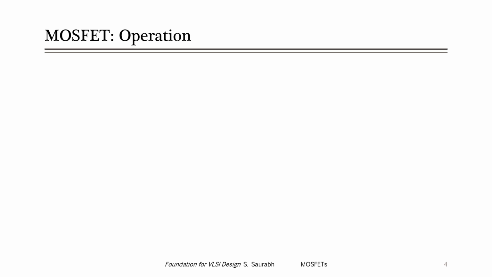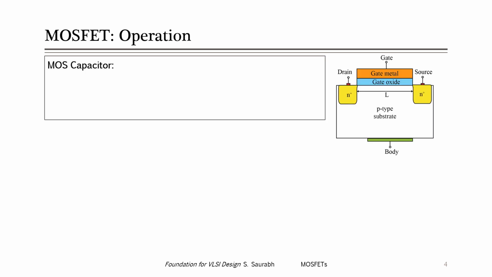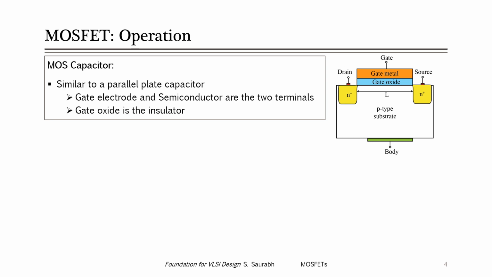So the heart of the MOSFET is the MOS capacitor, right? This MOS capacitor basically behaves similar to a parallel plate capacitor. Let us understand where in this MOSFET the MOS capacitor is, and why it behaves like a parallel plate capacitor, right? Remember from high school courses that the parallel plate capacitor has